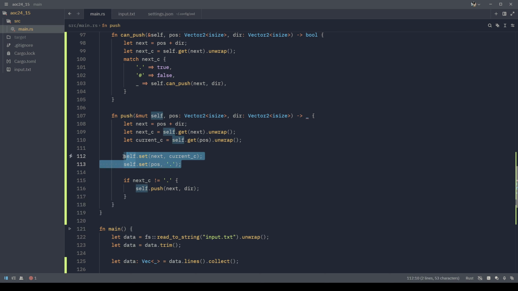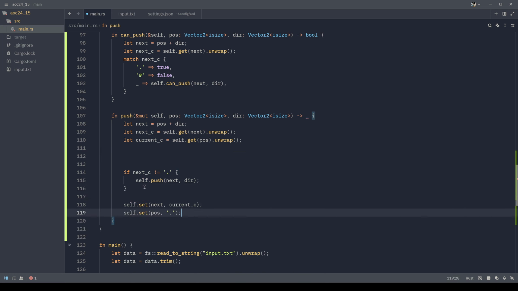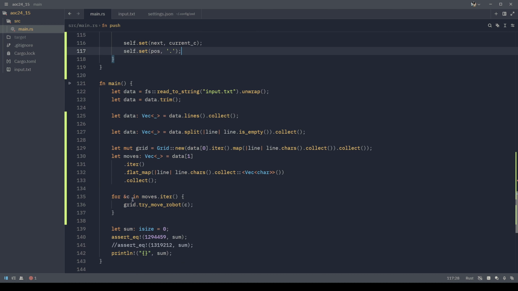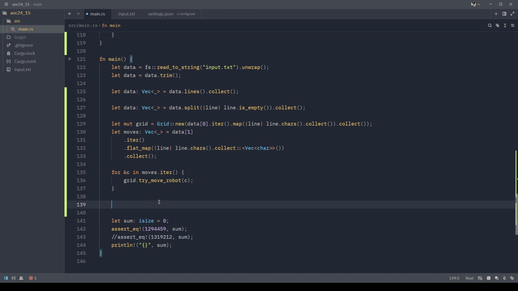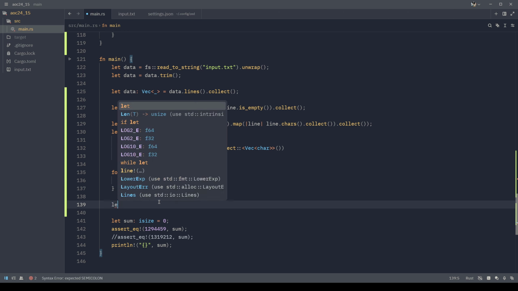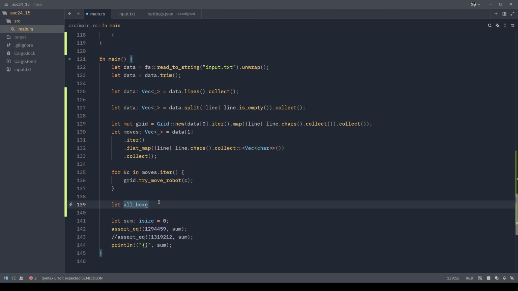And this needs to happen afterwards. So then we moved all of the robots. We then need to find all of the boxes and get their GPS coordinates and sum all of their GPS coordinates. So let all boxes be grid find all